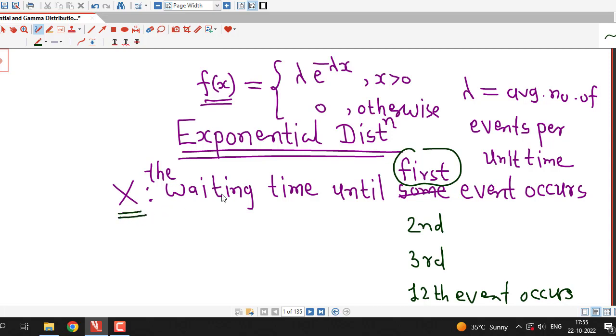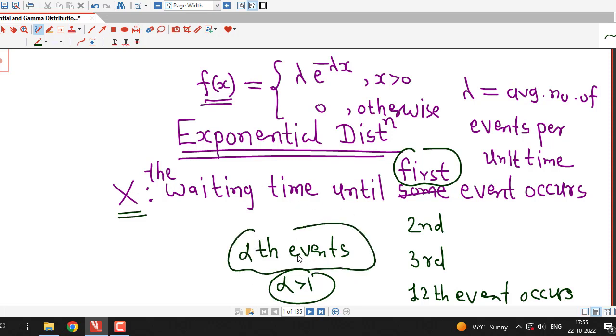Exponential distribution works for the waiting time until the first event occurs, but if we are interested in the waiting time until, say, the alpha-th event occurs, where alpha is greater than 1, that is, alpha can be 2, 3 and so on,